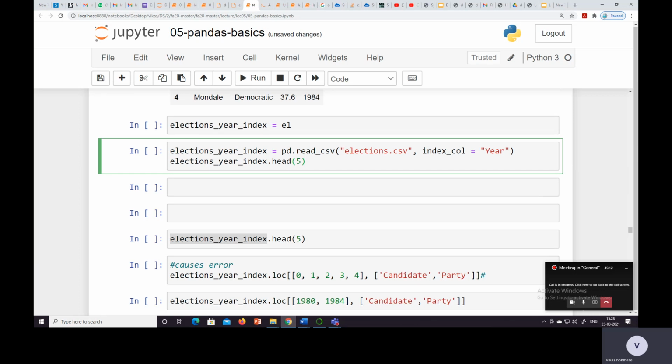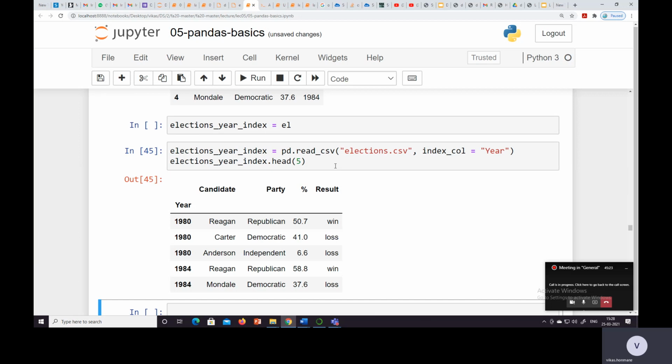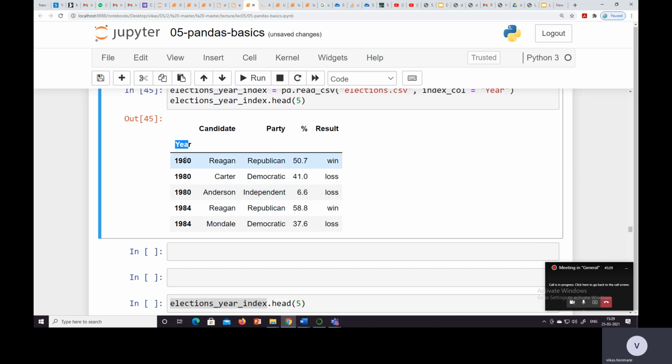So here what we have done is, instead of using the default index, we have decided the index column as year. So when I run this, our year column will act as an index. Okay, so this is 1980.